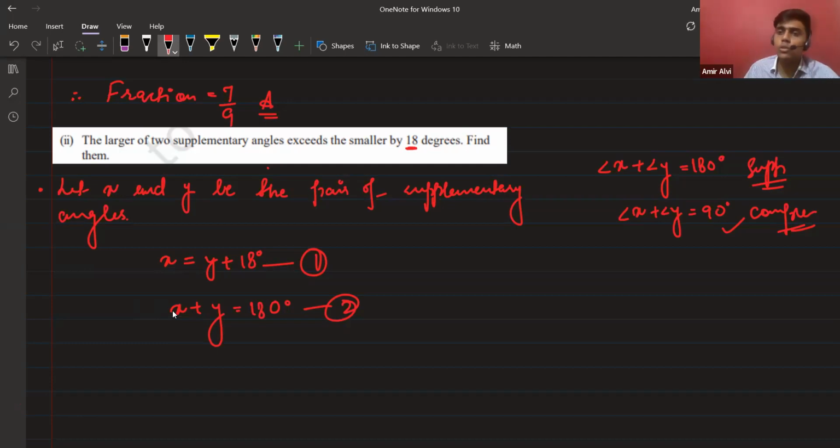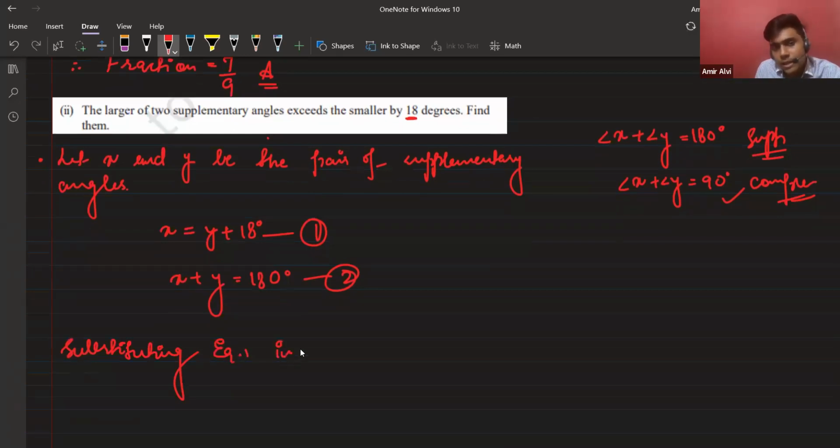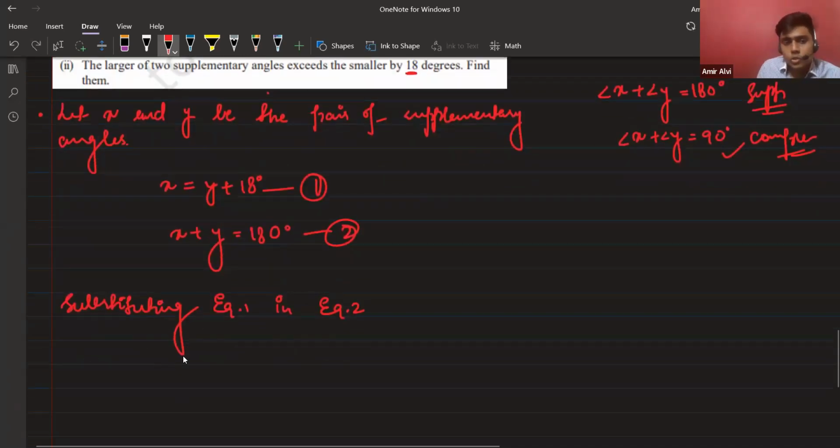Yes or no, Rehan, Adil, Hiba, Ajwad? Yes, sir. Is there anything which I'm doing unique, like apart from mathematics? No, sir. Mathematics is saying that if something are equal, you can place it in that place. Yes or no? Mathematics is all about playing. You can play mathematics. So substituting equation 1 in equation 2, we can write